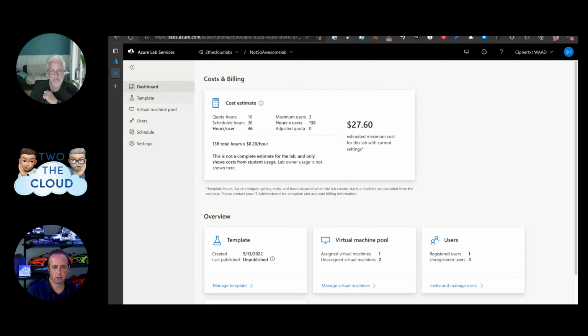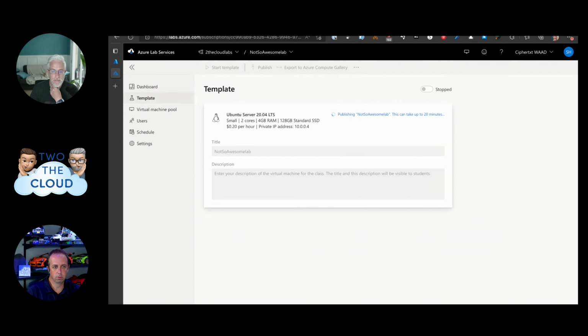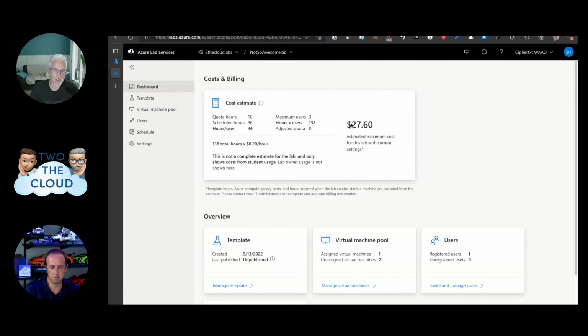Right. And this isn't going to show you a running cost either. It's not going to take into account that I have 3 students with 36 hours budgeted each, but they only accessed it for 10 hours. So this is not my current running total. Correct. Like you said, this is close to your worst-case max cost scenario. Yeah. Okay. Sort of. Like I said, you can do all the back of the napkin math, depending on how long it takes you to configure your template.